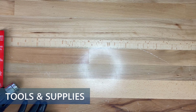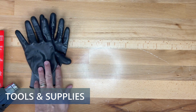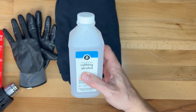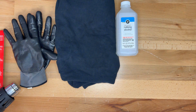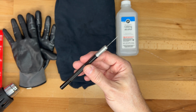These are the items today that I'm going to be using for this project. I suggest a set of work gloves, a t-shirt or microfiber cloth for cleaning, isopropyl alcohol for making sure that the area is free of contaminants. For the installation, I suggest a Kraft knife or utility knife,